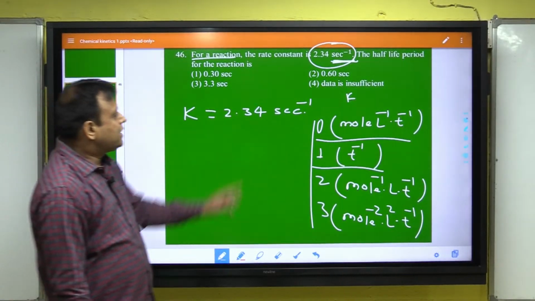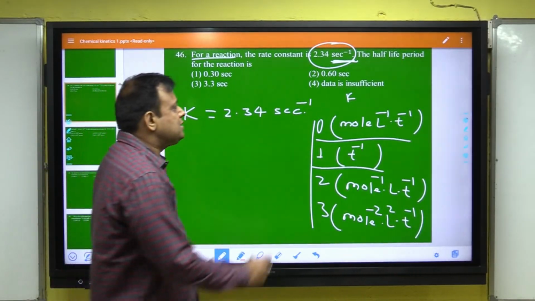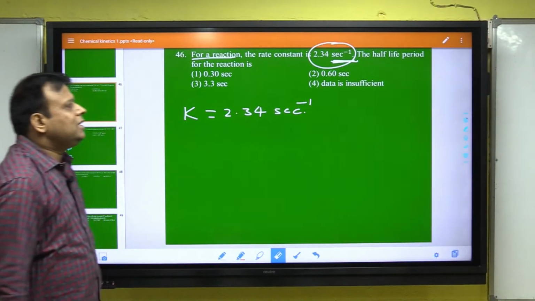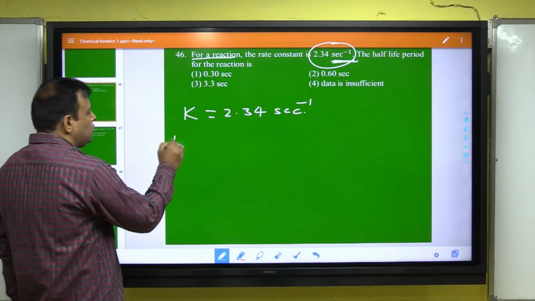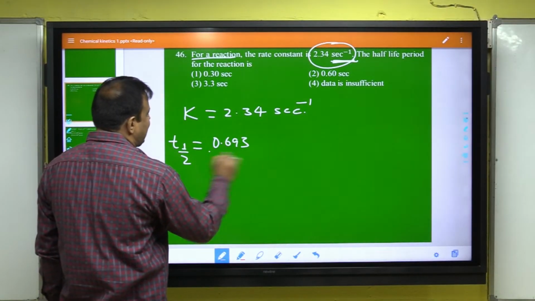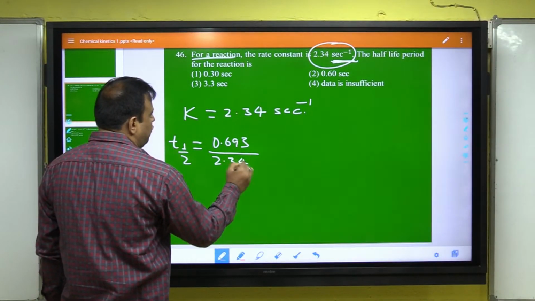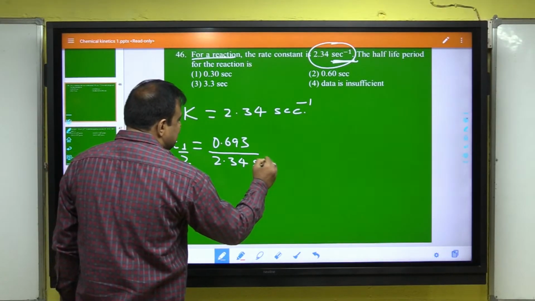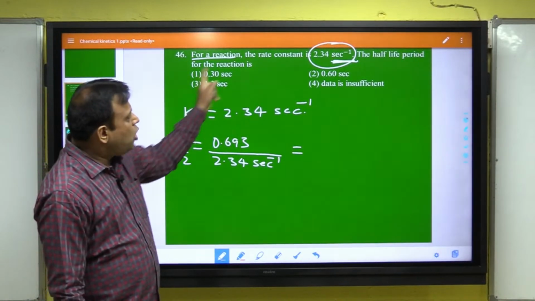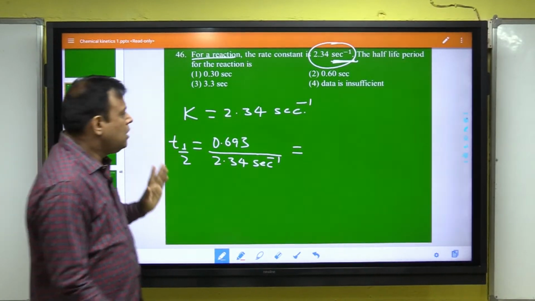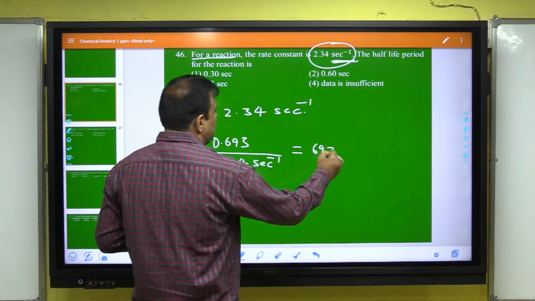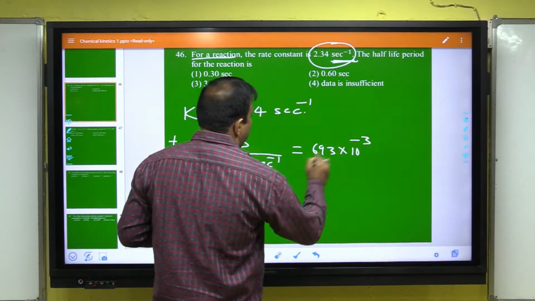Clear? It is given second inverse, and hence the order of the reaction is first. Now the question is, what is the half-life? We know that in first order, t half is equal to 0.693 by k, where k is 2.34 second inverse. Concentrate on the board, how to reach the answer according to the options. Look at the board: 693 × 10 to the power -3